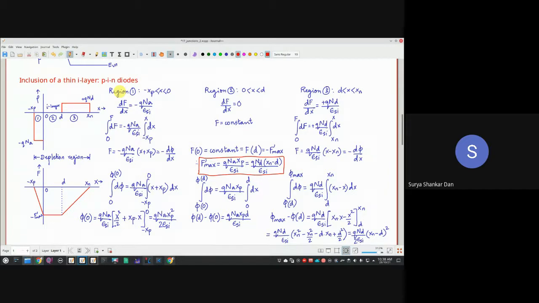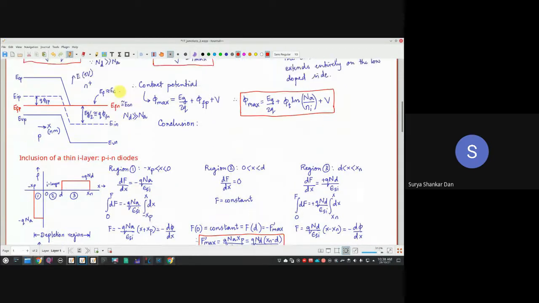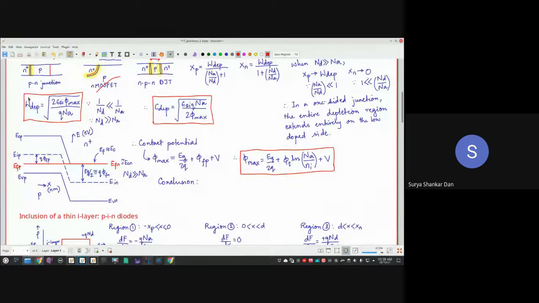If you want to increase the doping, then your Debye length will be reduced, and depletion width will be reduced. Clearly you can understand here, there is an Na factor. So if you are increasing the doping of the base, this W depletion will come down. That means if you increase the substrate doping of a MOSFET by 100 times, it is 1 upon root over 100, so it will decrease by 10 times. If you increase Na by 100 times, W depletion will be reduced by 10 times.